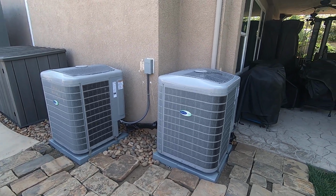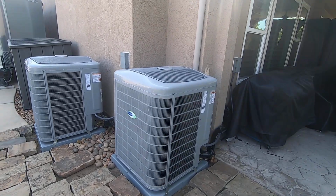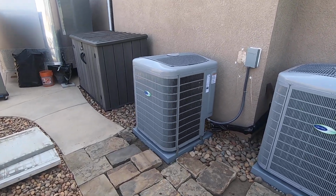Hello, this is Nick with Albert Air Conditioning, and today we are looking at two Carrier 4-ton Infinity variable speed condensers. They are 18 plus SEER, and the model number is